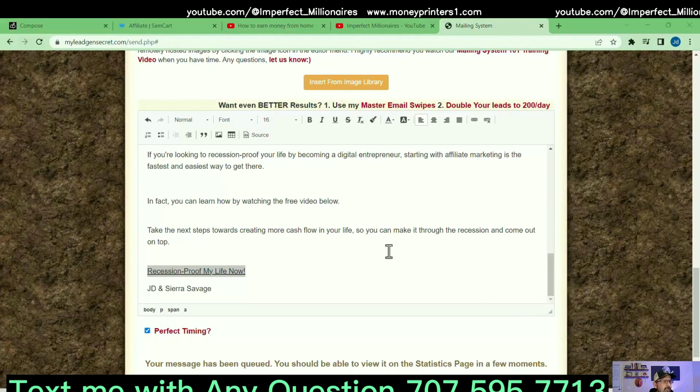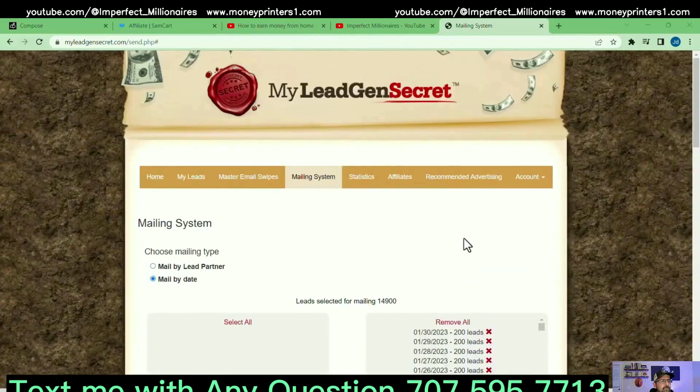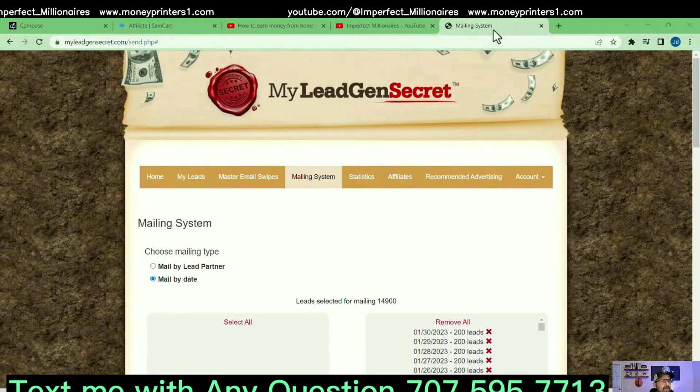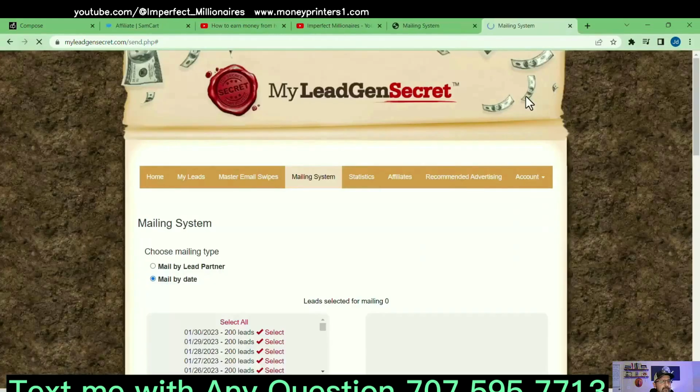All right, so now you've got this email sent out. So come up here. Actually, it's not here, it's here. What I want you to do is come up here where you've got this open tab in the top. I want you to right click on that tab and scroll down. You see where it says duplicate right here? Click on duplicate and it will open up the exact same account. So now you've got the same account open, and remember I told you earlier, I highlighted the body and I copied it. There's a reason that I did that, and here's what it is.